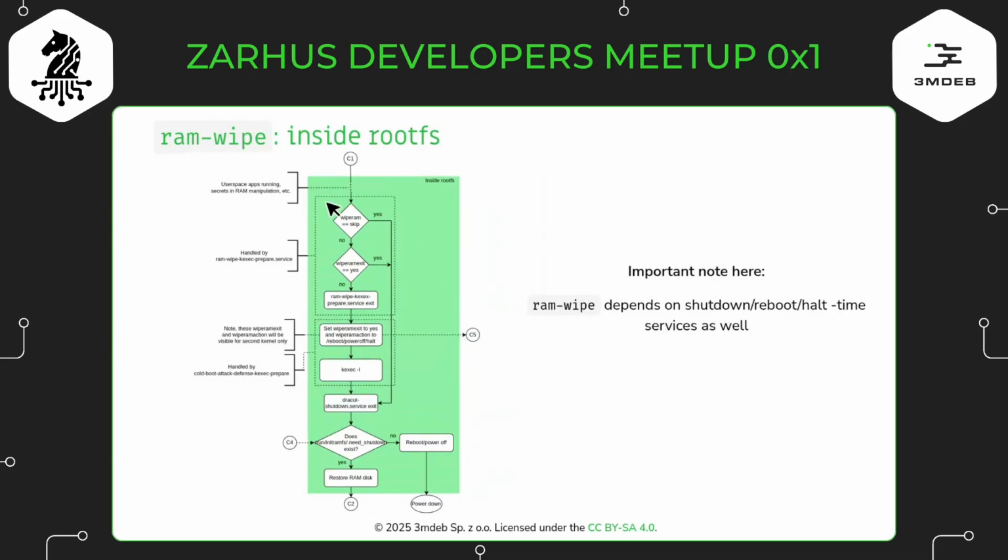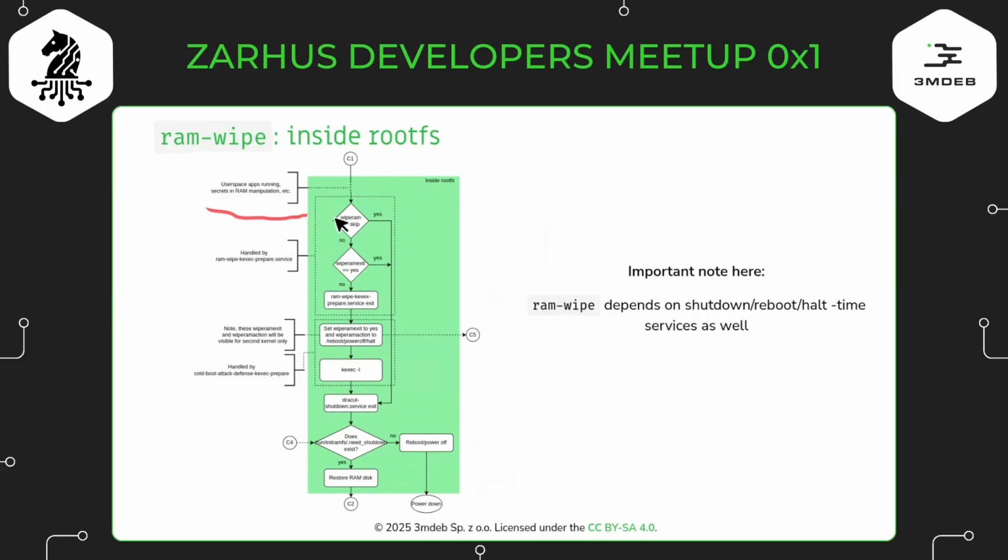Here we are in rootfs already. Our OS is doing something. Our apps are manipulating secrets, downloading something, whatever. And then we want to shut the system down, power it off. We're typing systemctl reboot, systemctl poweroff, and then